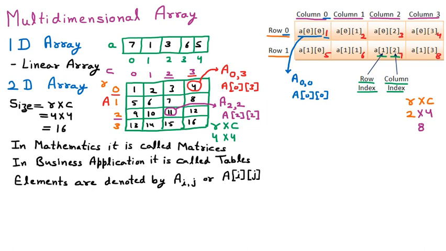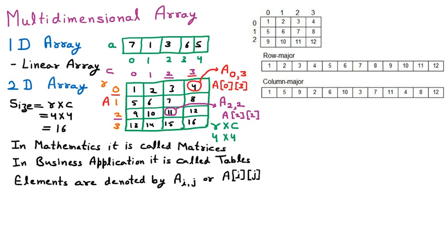Now we are discussing the row major and the column major. To understand this, let us suppose that we have a 2D array. Now we are checking how many rows are there. First of all, talking about rows, we are representing them with R. Now this is the 0th row, then the first row and the second row. So these are the three rows which are there. Now talking about the columns, how many columns are there? We have 0, 1, 2 and 3. That means 4 columns are there.